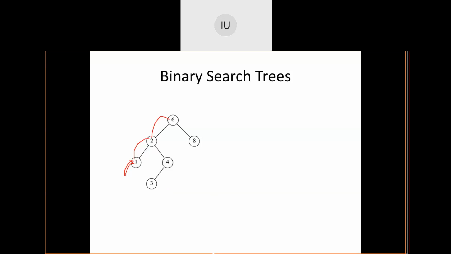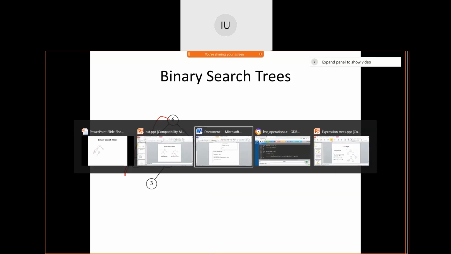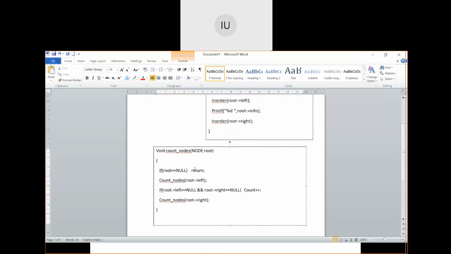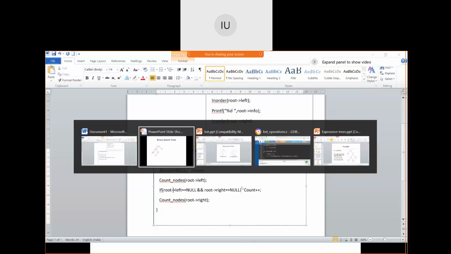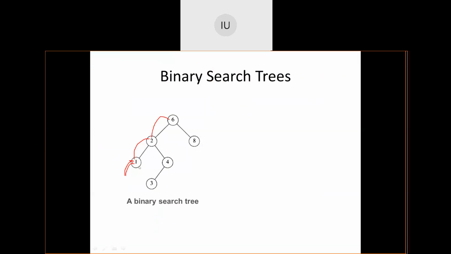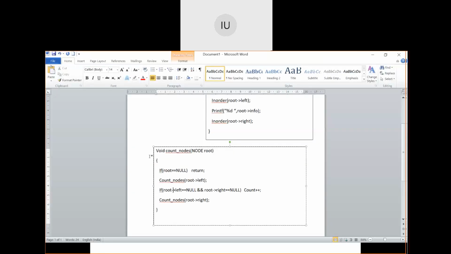What is the second step? Let me go back to the function. What is the second step? Root is null, return. On the left side, it has already completed. Now the second step, for 1: root arrow left is equal to null, root arrow right is equal to null, so increment the count. So now what happens? Now it takes 1. Count has become 1. Then it goes to